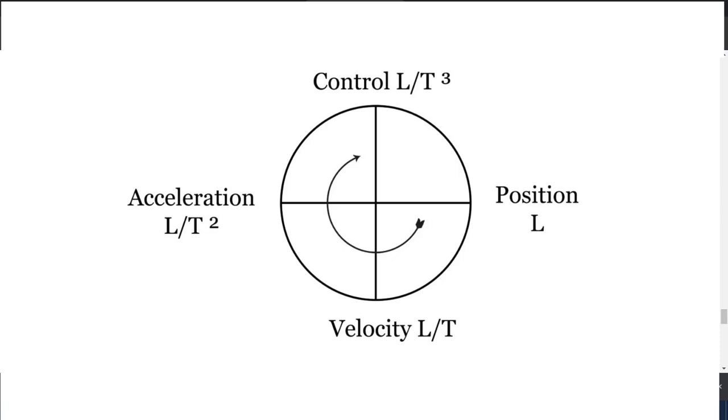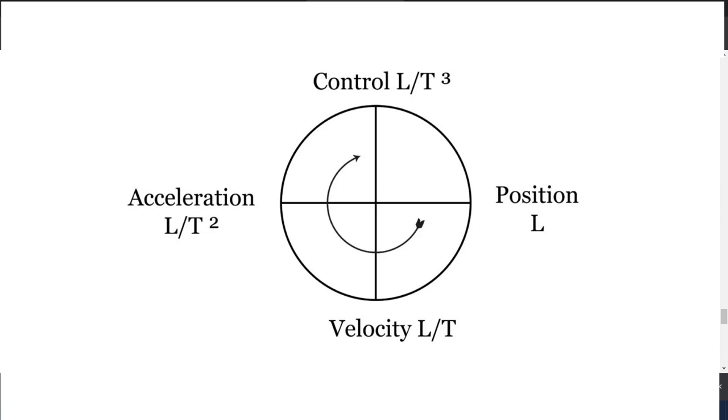Achilles has to reach half the distance, but before he can reach half the distance to the turtle, he has to reach a quarter of the distance, and before he can reach that, he has to reach an eighth of the distance, and so on to infinity, which locks him in place. He's never going to get anywhere. But Jung says the problem with this paradigm is that it doesn't take velocity into account. Typical with the Greek Apollonian thinking, Achilles is just locked into place, and so position is the only thing that's taken into account. And so it was left up to Newton then to define velocity and acceleration,